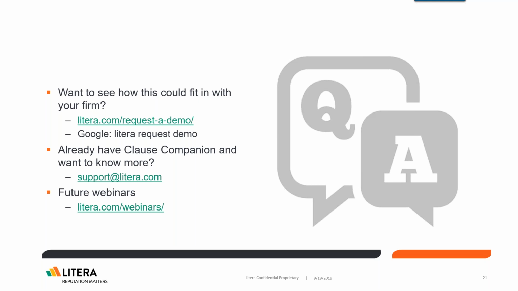So having one engine powering both Forte and Clause Companion and this automation, and ultimately what's surfaced to the individual users is up to the firm's decision.